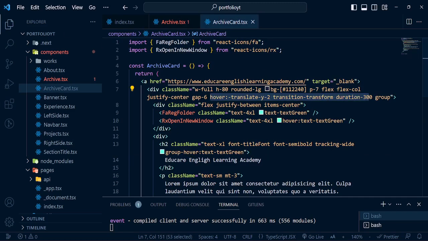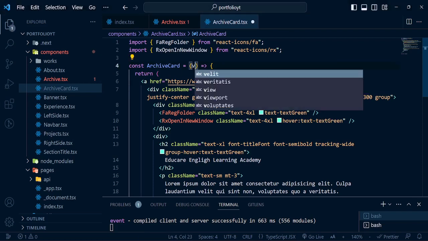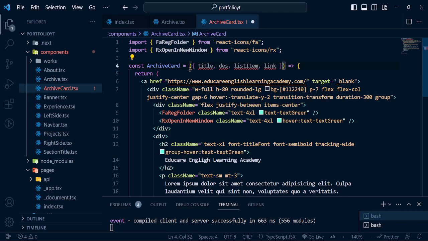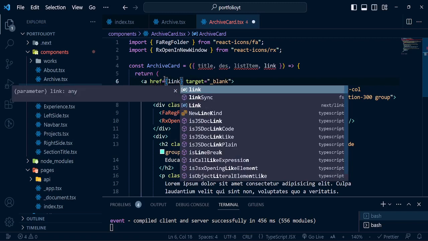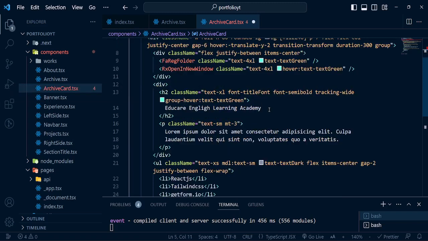So now in the archive card, I'm going to destructure the props we are passing. You can make a console.log to see whatever we are receiving. And now I can go through with that. Like this href item, I'm going to pass as the link of our link. And now this is the title, so it will be title. And also that one will be